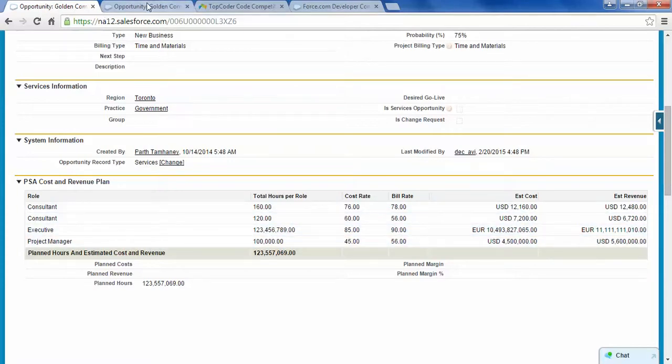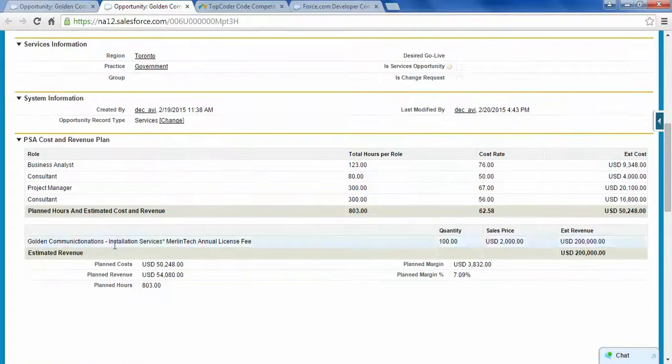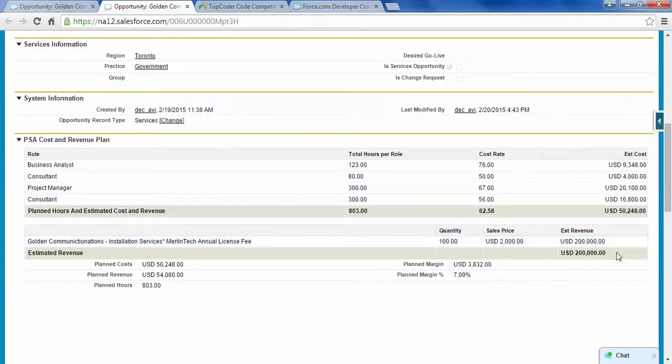And if we go to the fixed price one, you can see this is coming from the opportunity line item where this field is included in summary as true. So this is also filled, and these are matching. Now again I will change this, and again you can see this consultant has two different rates, which is why they are coming in two different rows.